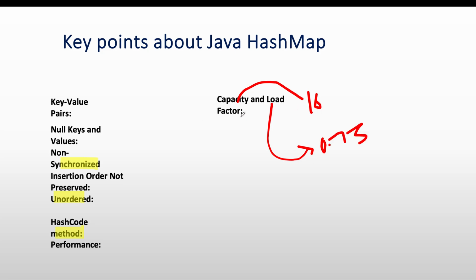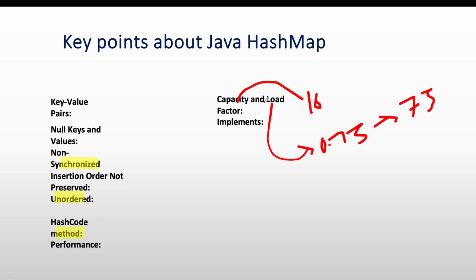So what do we mean by load factor? Load factor is a parameter based on which Java identifies when the hash map needs to be increased or decreased. We know that hash map is also dynamic in size. It means we need not provide the initial capacity. Java is going to provide the initial capacity, and 0.75 means when the map is 75% full, the map is going to be automatically increased. Similarly, according to the deletion of records, if it is less than 75%, it is going to adjust the size internally. So this is about the capacity and load factor.